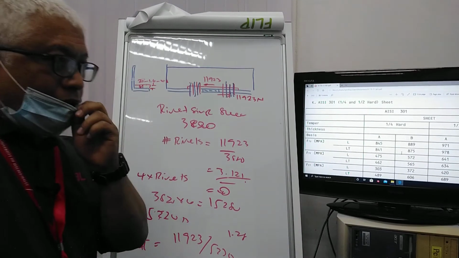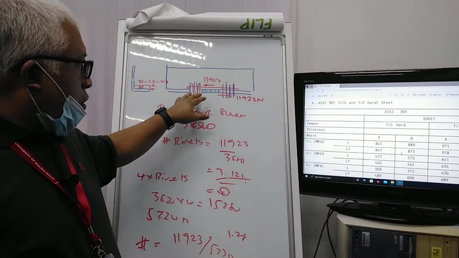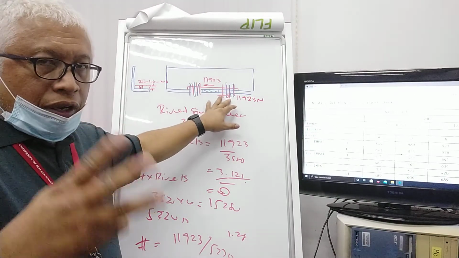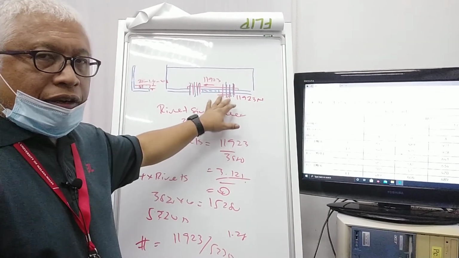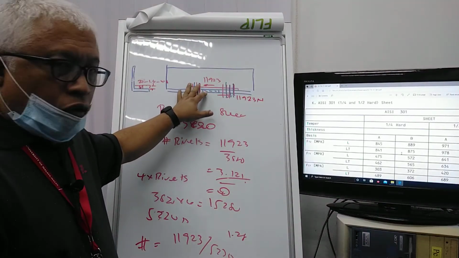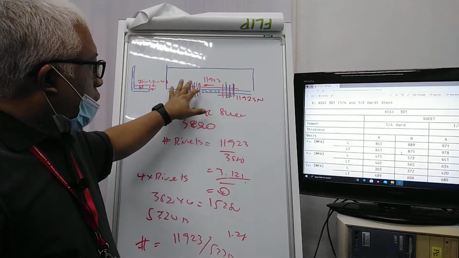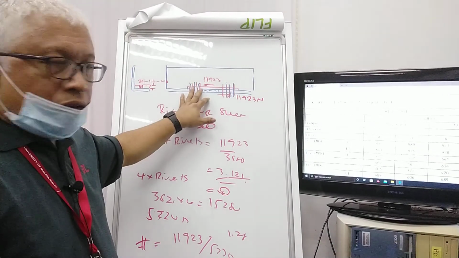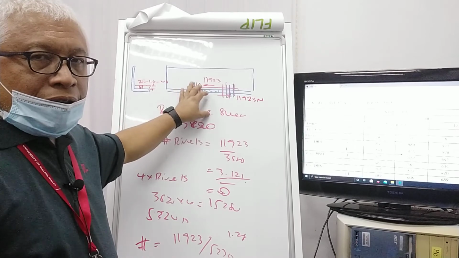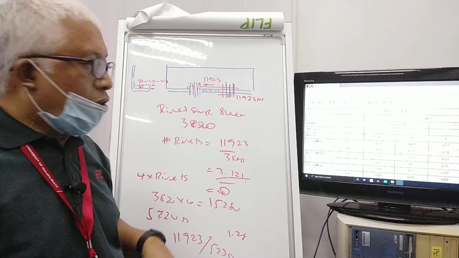The DD rivet is basically difficult to install. The AD rivet is easier. If you use the AD rivet, you have to have 4. If you use the DD rivet, you need 3. There are a few advantages and disadvantages. If you use the AD rivet, you have to drill 4 holes. For the DD rivet, you only have 3 holes on each side. So the more holes, the more stress. This area will have higher stresses, and potentially it will fail faster than if you use a DD rivet. This is a plus or minus, an advantage and disadvantage you need to consider.